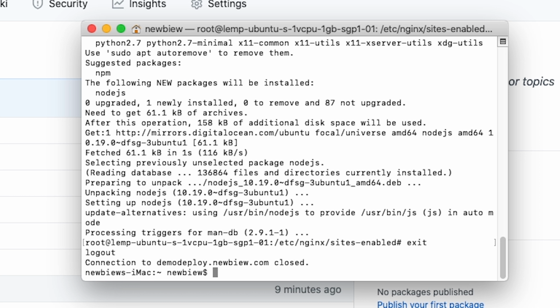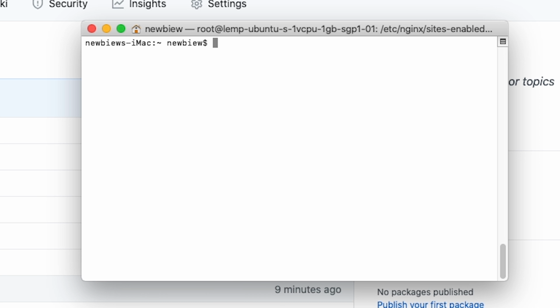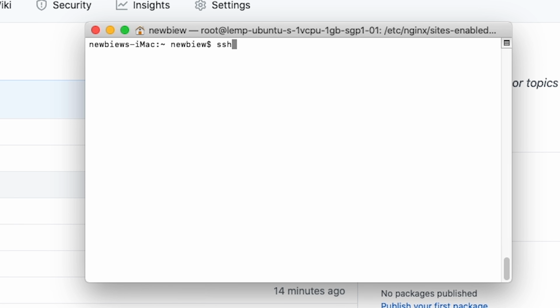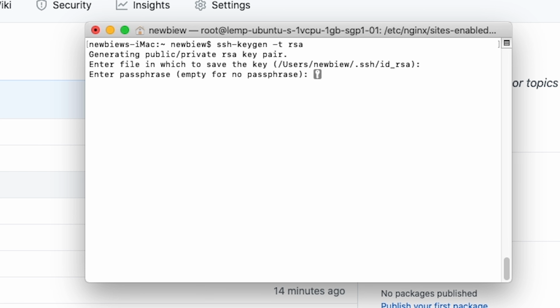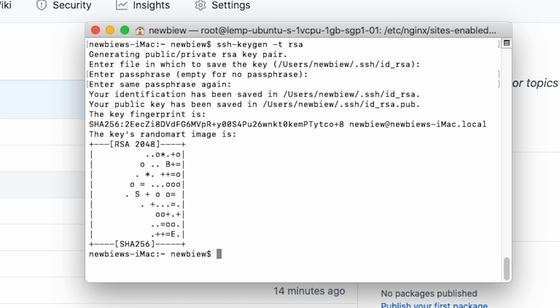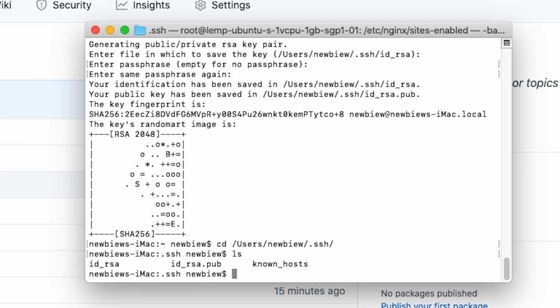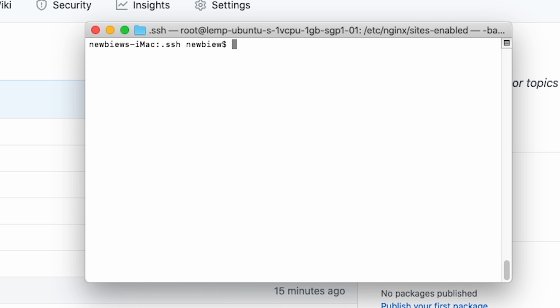the local PC and generate the SSH key for the local PC. The purpose of doing this is to let the server recognize your local PC to unlock the code by using the SSH public key. This is the public key. Now we need to copy the SSH key to the hosting server by typing